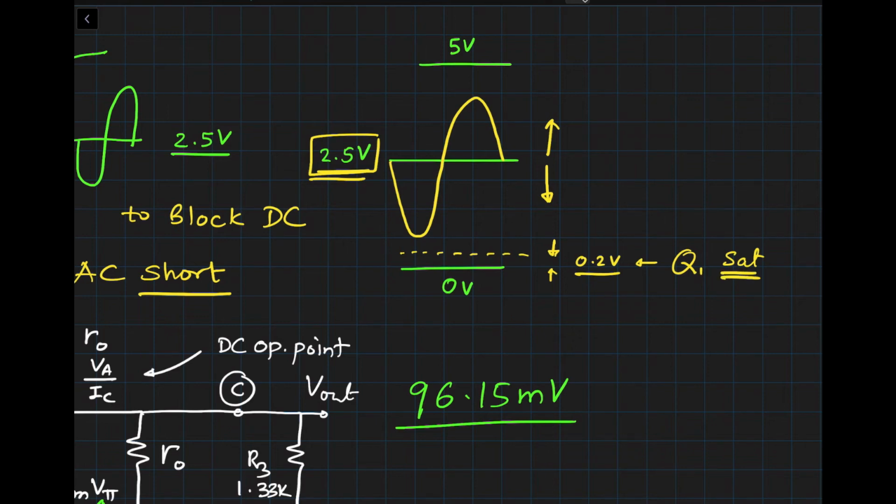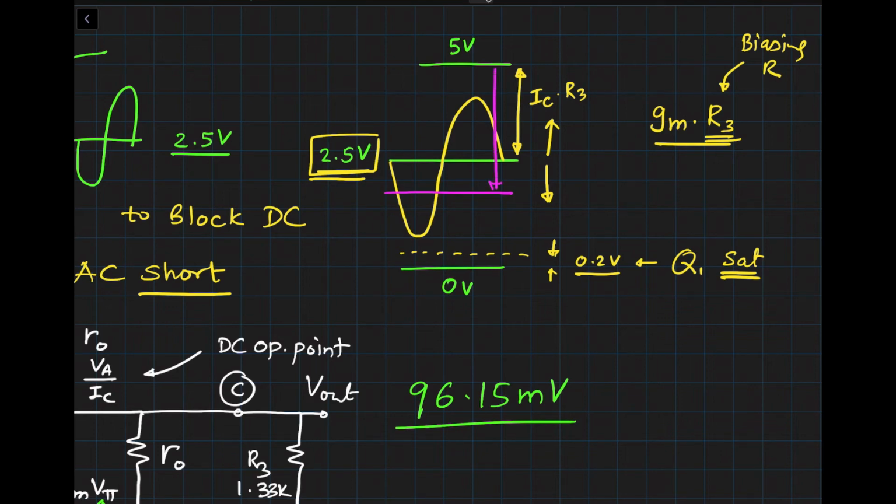And we also know that the gain is given by gm times R3, which is the biasing resistor. So I can increase the gain by increasing R3. If I increase R3, then the DC value here, which was given by IC times R3, will keep increasing. So it will look like this. This would be a different R3 value. And you can quickly tell that my output signal will now clip as I go down, but it will not clip on the other side. Hence we choose the output DC voltage to be at the mid-supply range. I hope this point is clear.